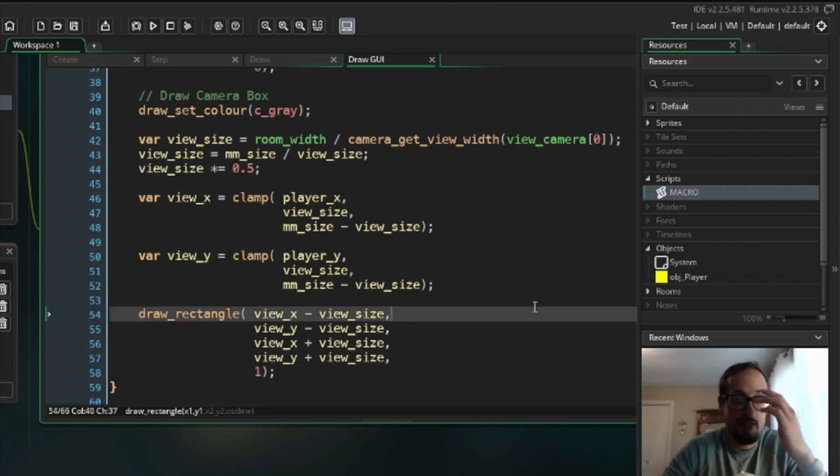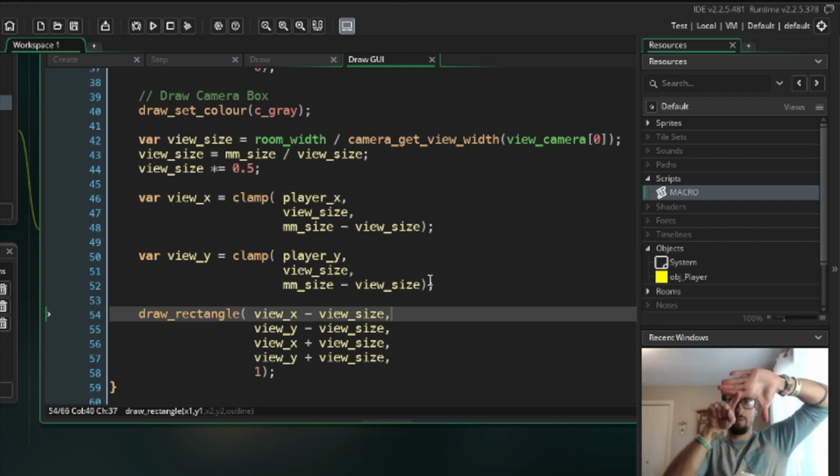And what that does here is it gives us the size of the camera that is around the player, and it shrinks it down into the correct size to fit into our mini-map to make it kind of a relative scale. And then we're cutting that size in half, and we're drawing that rectangle at that half distance to the left, right, top, and bottom of the player, which creates that full size around the player. We're also clamping those positions, so if here's the top of the game room, and here is the top of the camera,